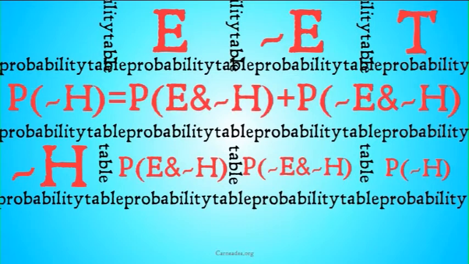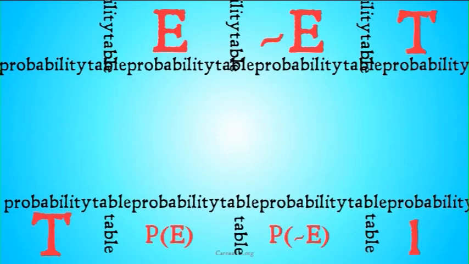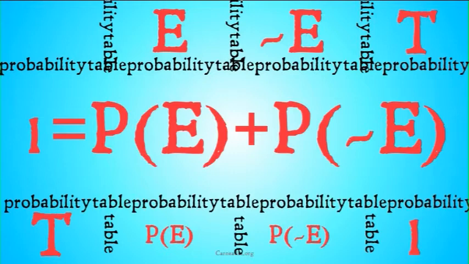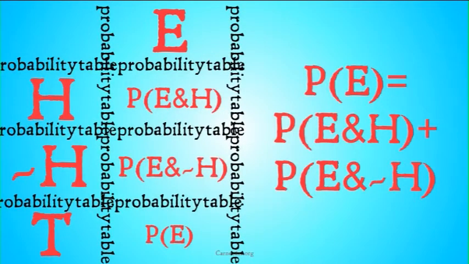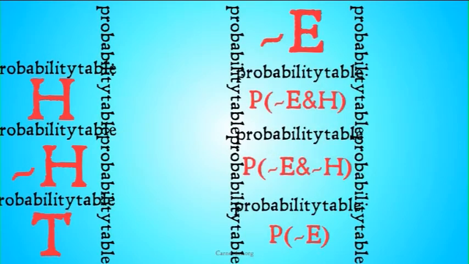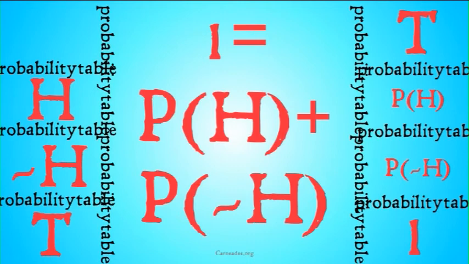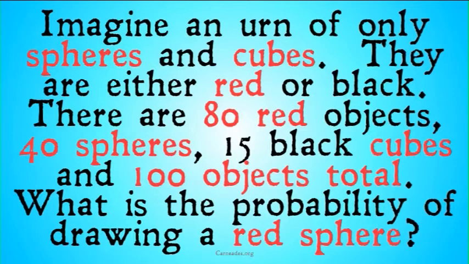This is also going to hold true for our not H row. The total is just going to be the sum of the 2 other probabilities. And for our final total row, this is just one of the logical truths we proved in our last video about the laws of probability, which is that the probability of E and the probability of not E is just equal to 1. The same is also going to hold true going down the columns. The probability of E is just going to equal the probability of E and H plus the probability of E and not H. Same for not E. And finally, of course, the same for the totals, using, once again, the same law of probability that we deduced in the last video. So with that out of the way, let's take a look at some examples